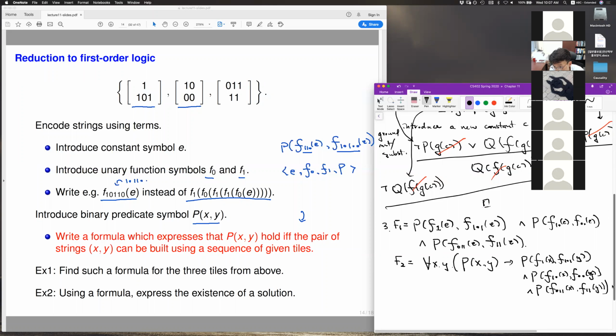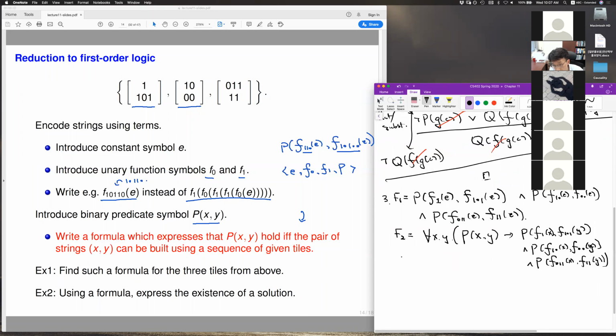Okay, so these two, f1 and f2 together, capture this highlighted statement. Once these two capture the highlighted statement, then P expresses what we want, which means X and Y represent the sequences that can be generated by a sequence of tiles. So then we can write down the statement F3 that expresses what we are looking for,